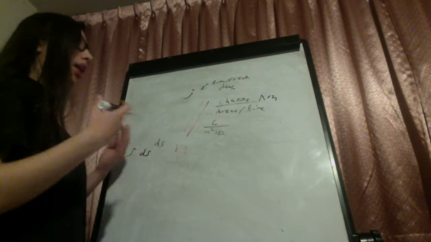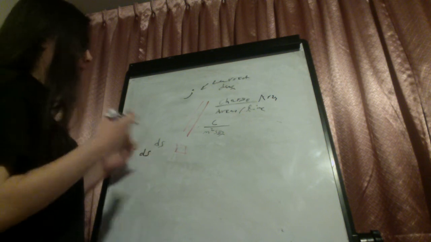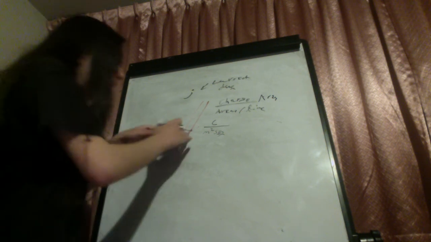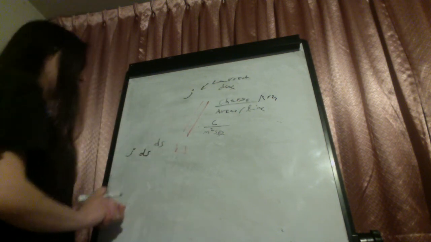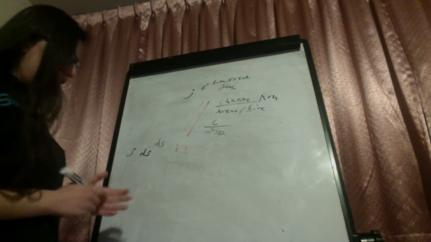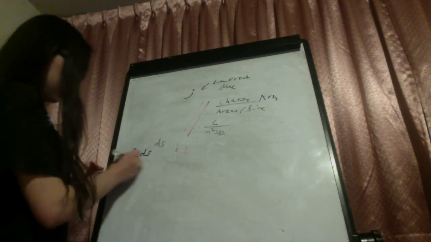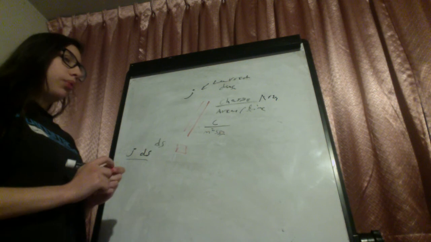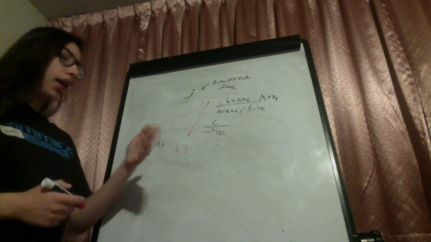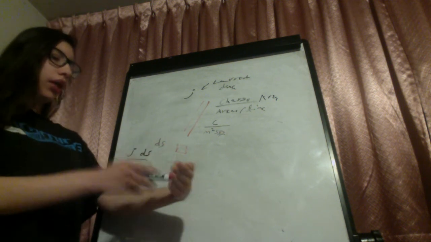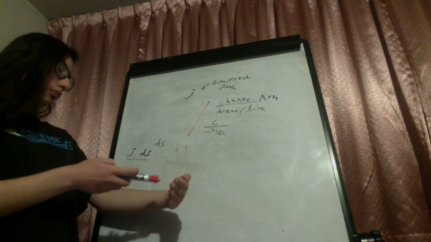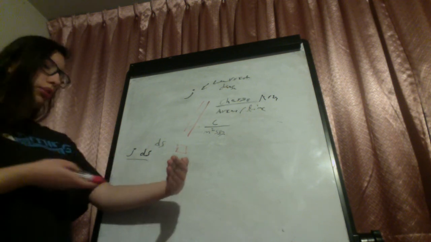That would be how much charge is flowing per unit of time in this cross-sectional area. This is true whenever we have the cross-sectional area being perpendicular to the J vector, to the flow